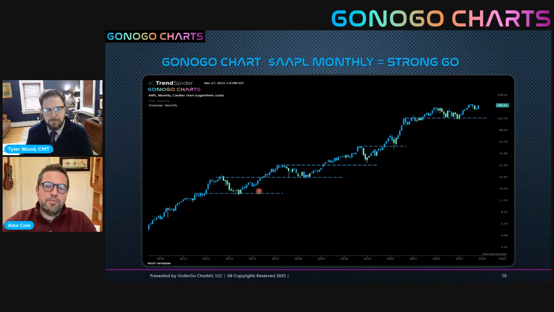Every time Apple breaks through and surpasses a prior high, we then see that level acting as support. And that's all easy enough to do as we apply these tools and these sort of strategies on the chart because we have the price panel so large. One other thing to point out is we did build that sensitivity into the GoNoGo trend. And every time price pulls back from those highs, you see that reflected with the aqua bars. And so we can pay attention in those moments and see,